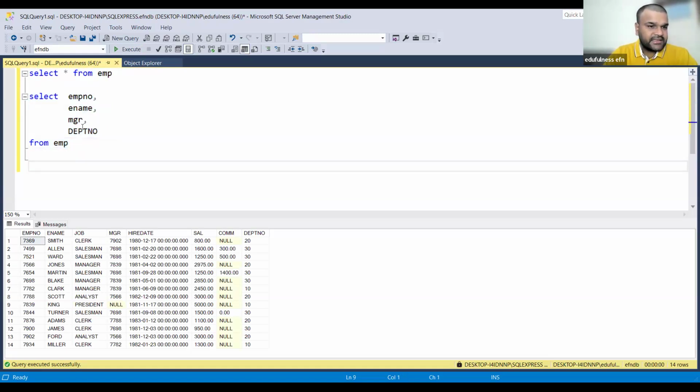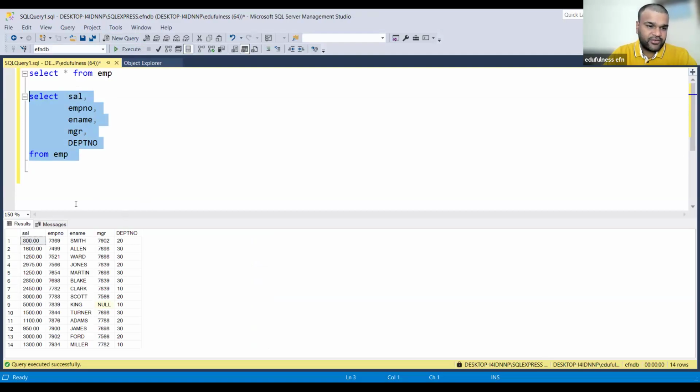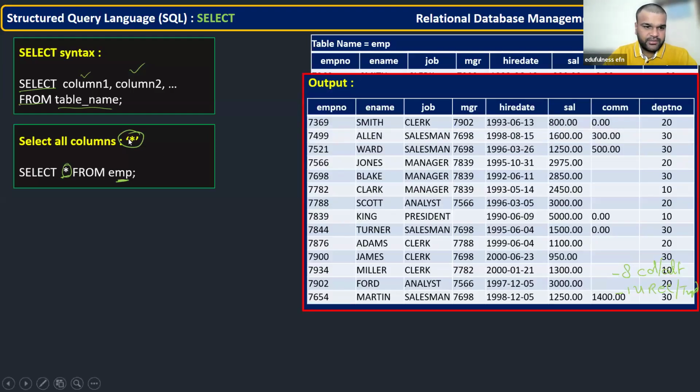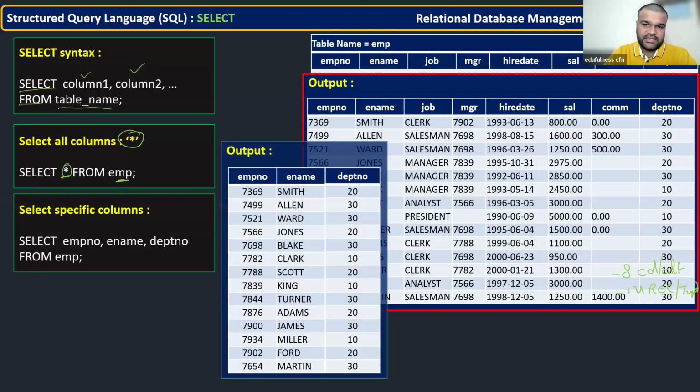So like this, individual columns, and they need not be in the same order also. I can keep salary in the first position and then the remaining. You can see salary is in this position, but still it will work. So in any order, when you are mentioning column names specifically, you can keep it. Okay, so that is the first basic. Just play with that. When you put star, all columns you want in the output. When you mention specific column names, you get in the output only those columns' data. That's what, 3 columns. Of course, 14 records. That's what it is telling.